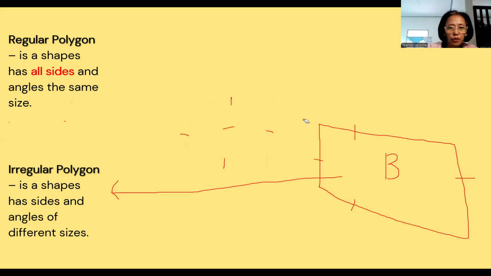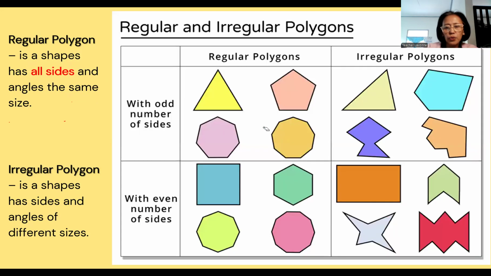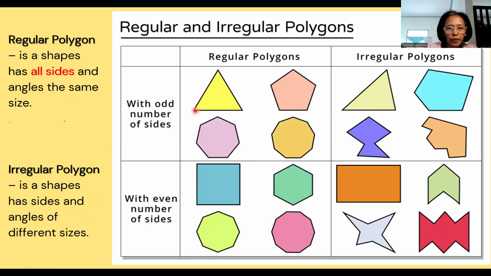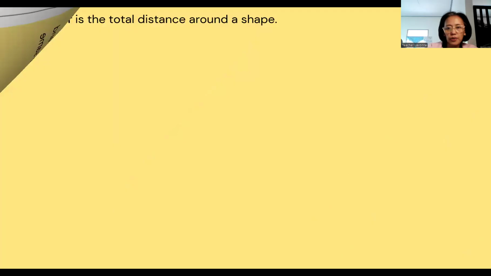I hope you understand because we are going to learn more today, and yesterday we already practiced, no? So just continue with that paper. We have already number one too. Look at the picture. You can identify which one is regular and which one is irregular. When you say regular, look at the shape: they're equal, same. Irregular, not same. These are called irregular shapes. Okay, so let's proceed now.